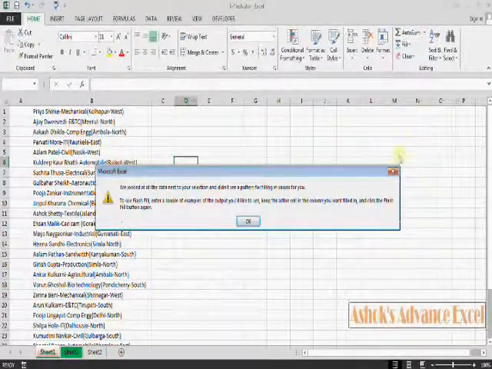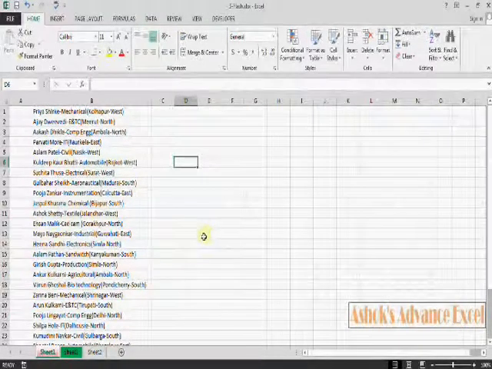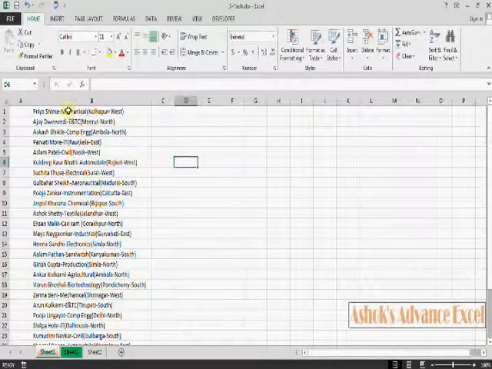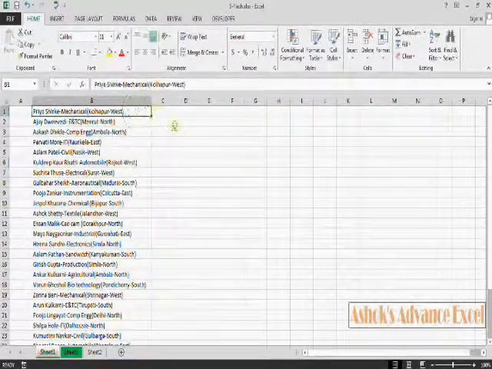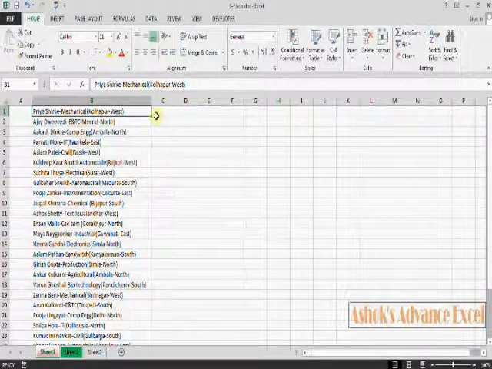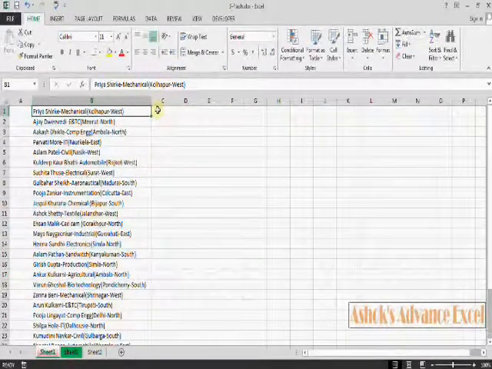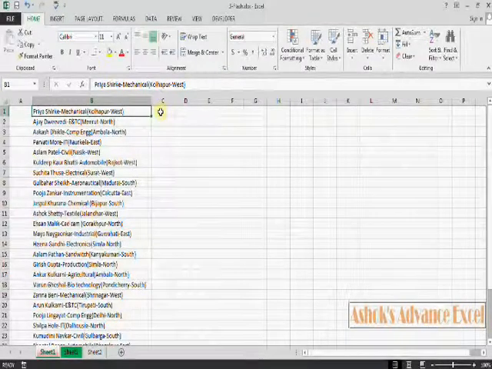So what this feature is and how it works. I have a data here. Look at the first record, that is student's name Priya Shirke, her branch mechanical, from which hometown she is, that is Kolhapur, and Kolhapur falls in West region. So this record is here.